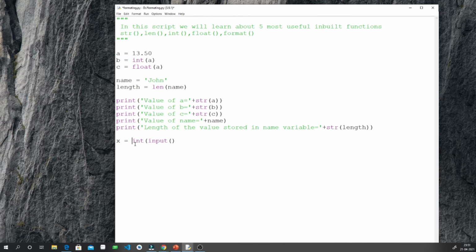So to do it in one line, we can directly type int here, and in this we can type enter an integer. After we type that, make sure to close all the parentheses, and let me copy this thing 2 times.